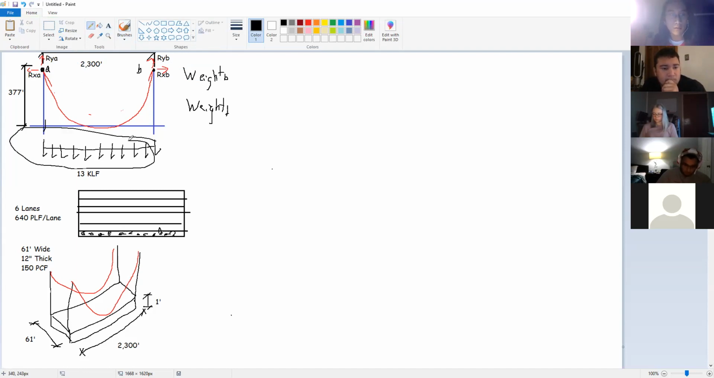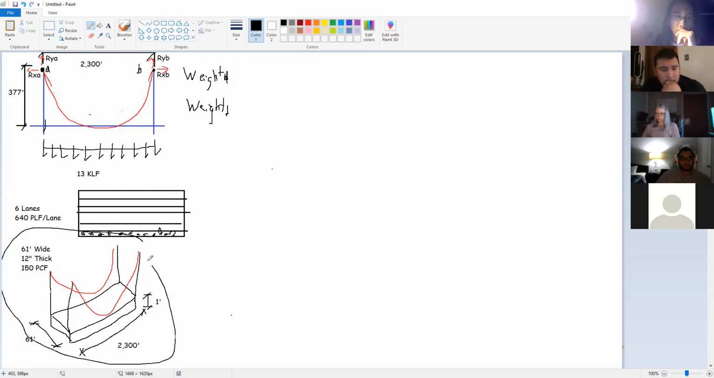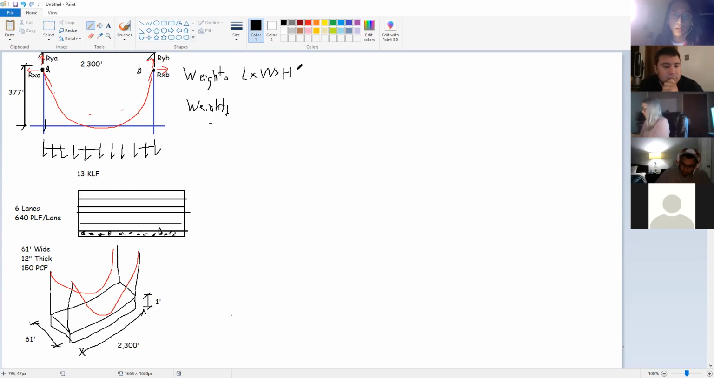So this is the weight of the deck, or like all the surrounding bridge parts. This is the deck right here. We're going to add this weight to this right here. I'm just going to change this to a D real quick, weight of the deck. So we're going to calculate how much this weighs. All right, so it's just length times width times height. Easy stuff. That's 61 feet